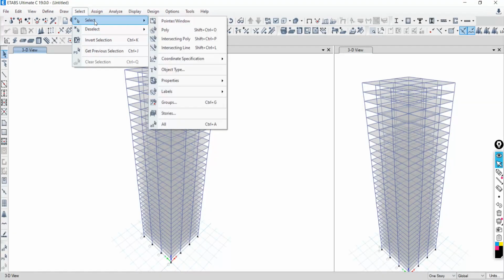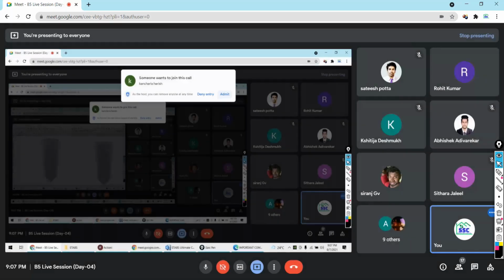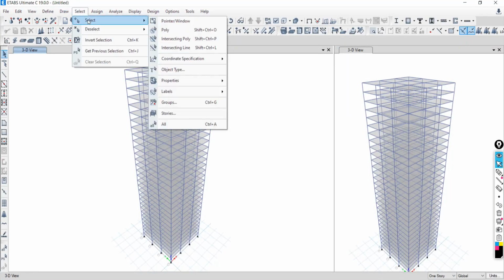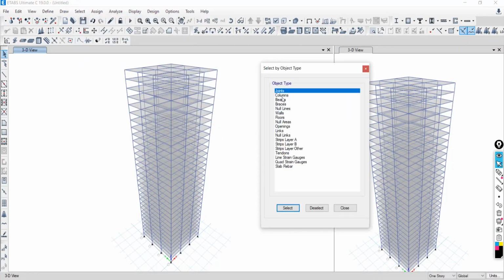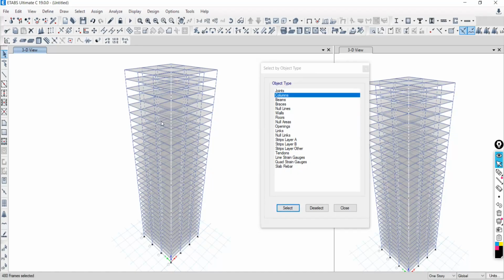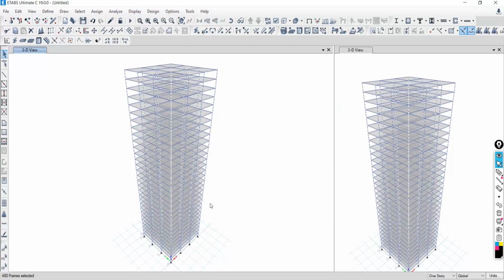First, we go to select, object type, then column, select. All the columns have been selected.